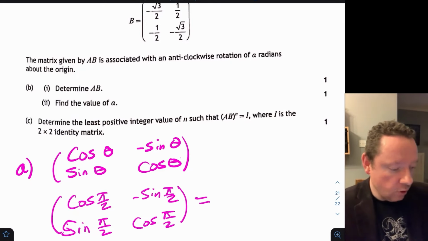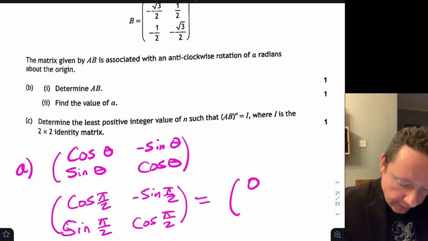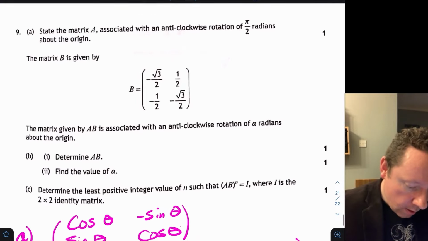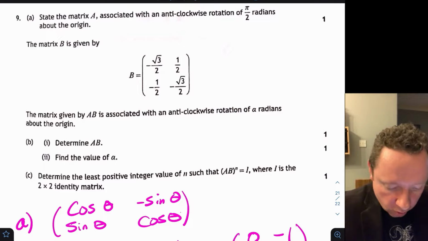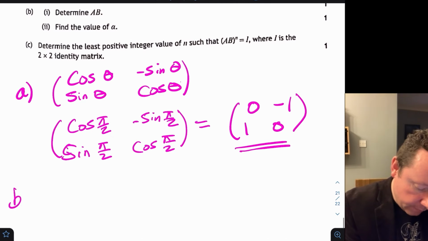So the cos of pi over 2, the cos of 90 is 0. So we get 0. The sine of 90 is 1. So we get minus 1, 1 and 0. And we're done there. The matrix B is given by this matrix. AB is associated with an anticlockwise rotation of alpha radians. Determine AB. So for part B, A times B is equal to